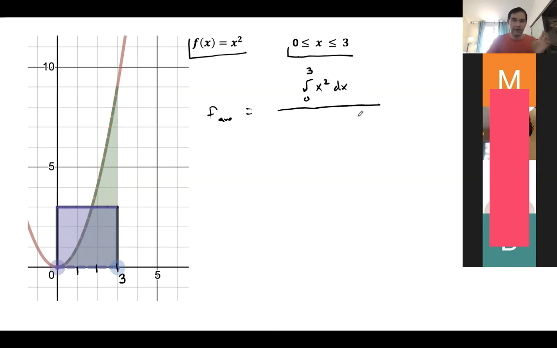And then divide this by the length of the domain of this function, which is, what is the length? It's 1, 2, 3. Okay, divided by 3. So use the fundamental theorem of calculus to evaluate this. This is x cubed divided by 3, the antiderivative of this function. And then evaluate this at x equals 0, and then at x equals 3,